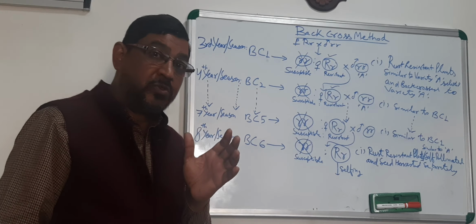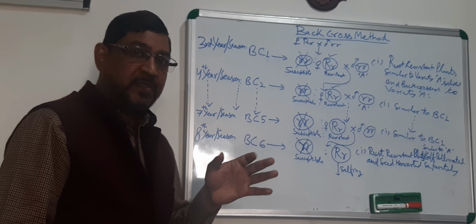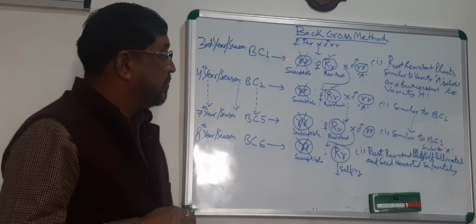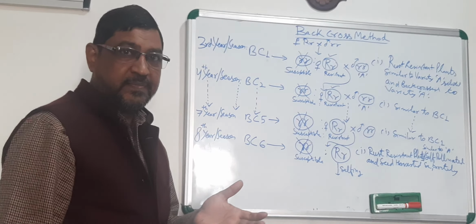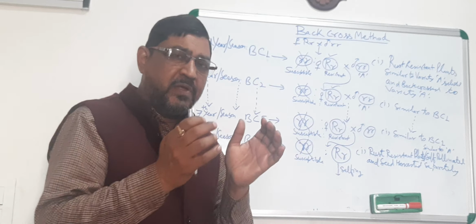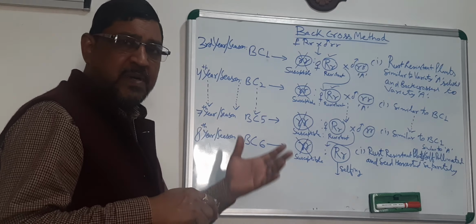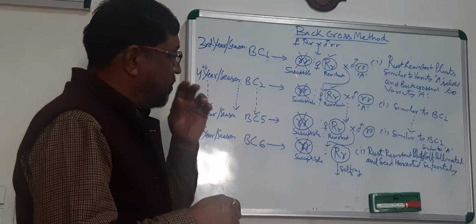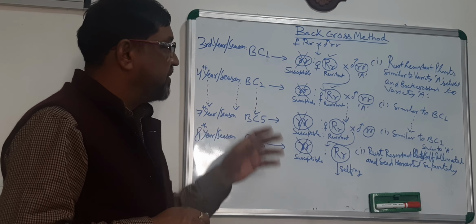Here, one thing I want to emphasize to real breeders who go to the field and see that this BC1 is grown. Whatever seed you have harvested, you grow all the seeds. 30, 40, 50 plants. A very small number of plants is required here. Once you have grown 50 plants maybe, you will find 50% of plants are susceptible and 50% are resistant.